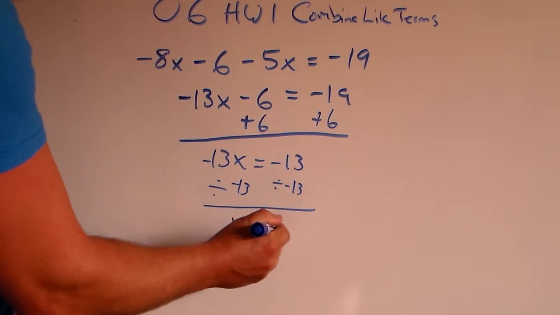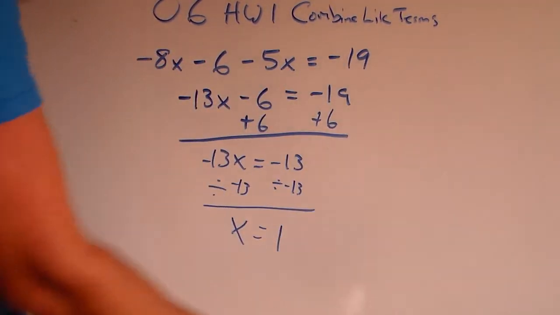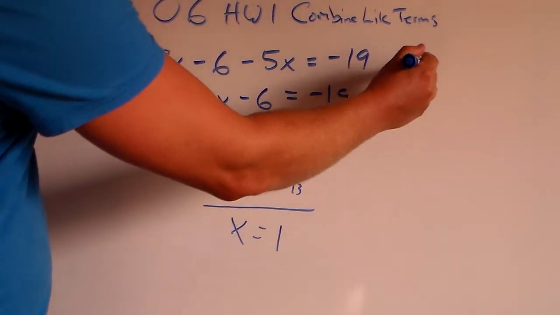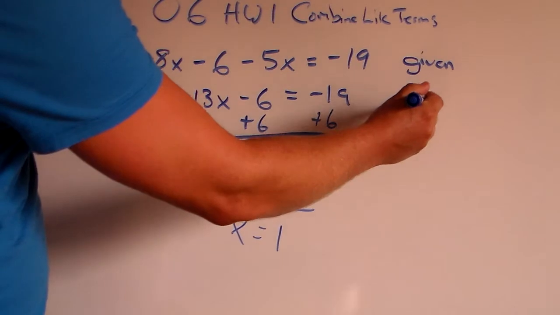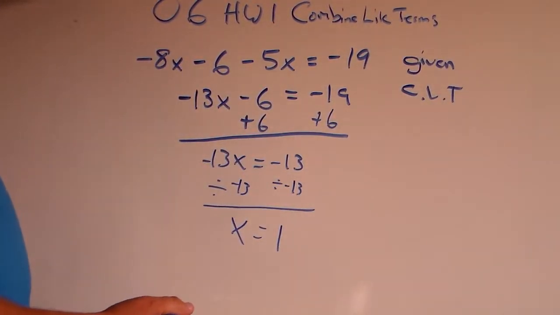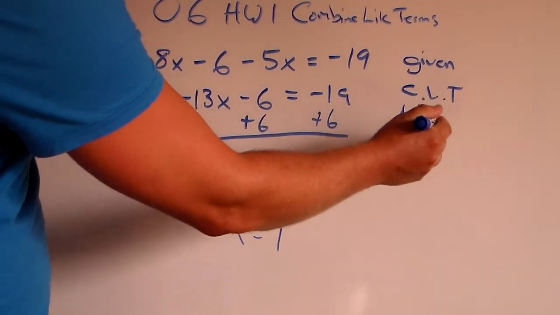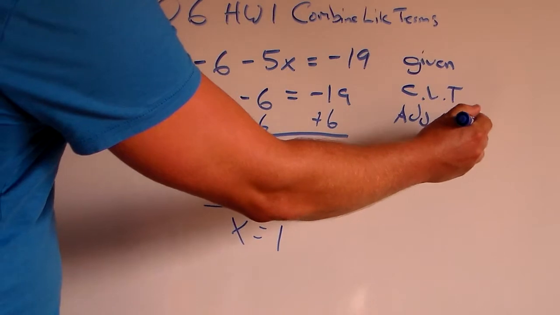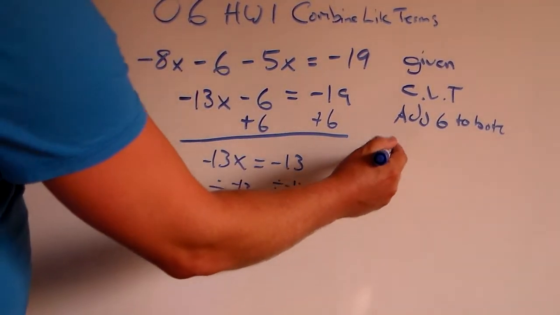So we have x equals positive 1. Just to go over the steps, here on the right-hand side, our problem that's given to us, we just write "given." What we did in the next step was combine like terms, CLT is the abbreviation. We add 6 to both sides of the equation. Then I rewrote it,